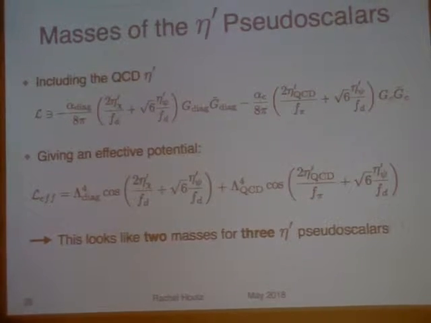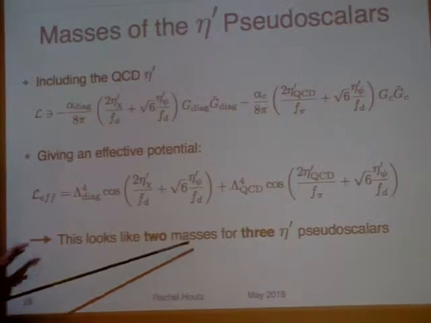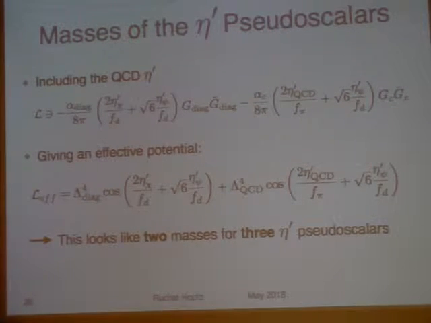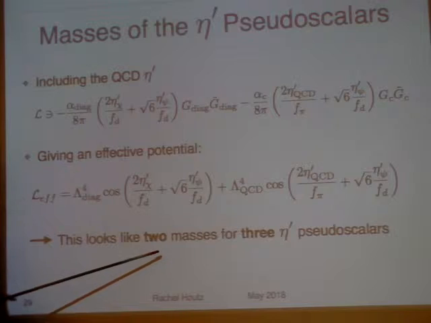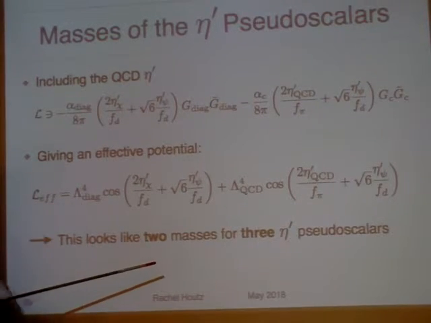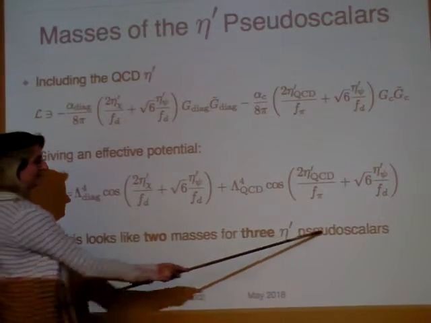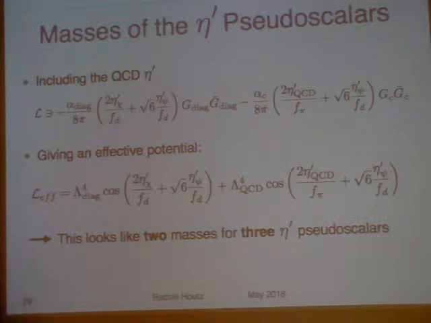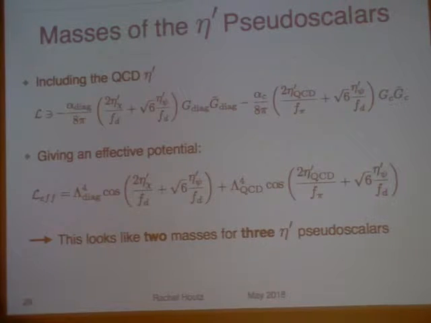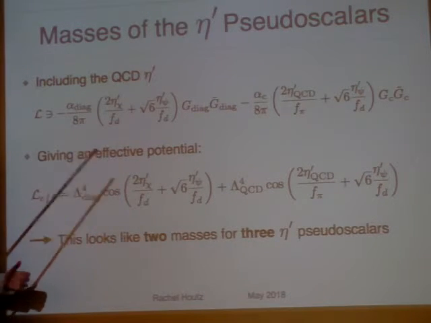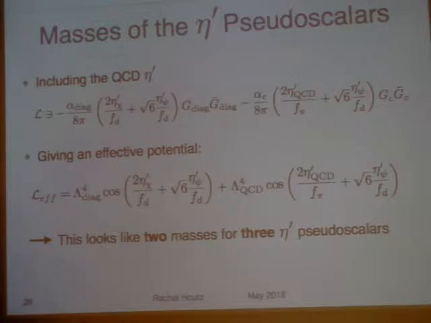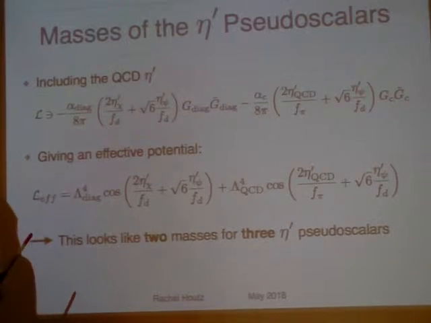And you'll see that at this point we're a little bit depressed because we've just recreated an invisible axion model, right? Which maybe you saw a few slides ago, you were maybe predicting this. We have 2 masses for 3 pseudoscalars. So we haven't really provided a source of mass for both of our dynamical axions to get massive. So this is exactly the same story that Joy and Kim had, right?